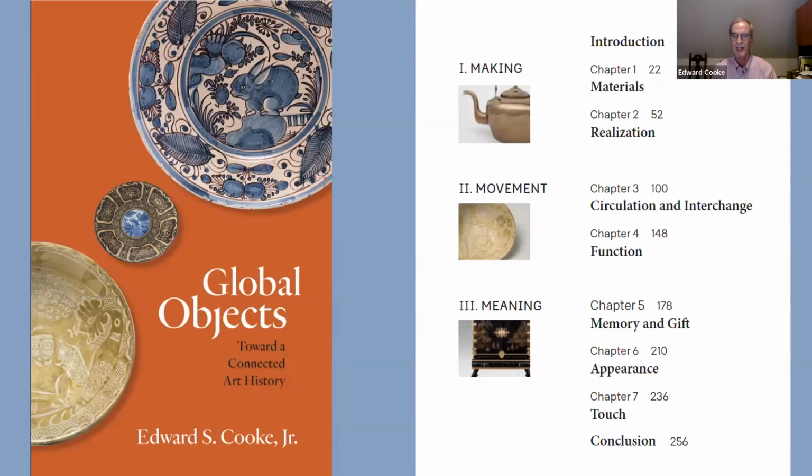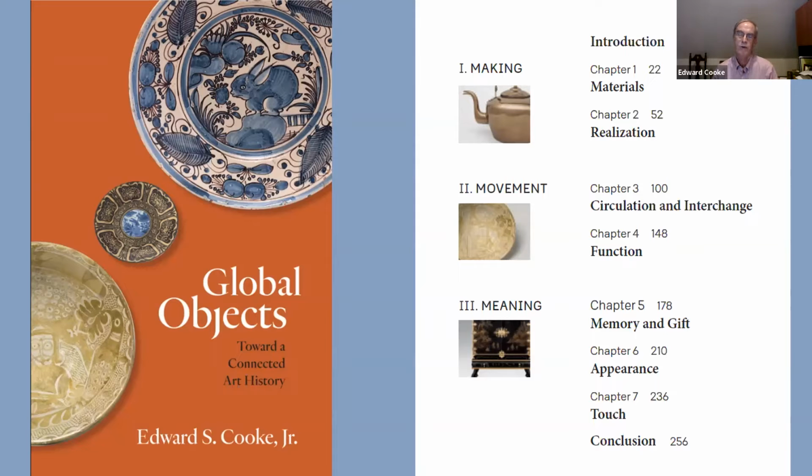You begin with the actual stuff out of which things are made, the raw materials, and in some respects start with a geography, a topography of materials, and then work through what a craftsman would do with them, to then its emergence from the shop, and therefore you get into movement and its use in society, and then ultimately thinking about it over time, thinking about meaning. So if you think about these three different categories of making, movement, and meaning, what you do is you move from the concrete to the abstract. And it's a way in which you build off of that foundation of the actual materiality.